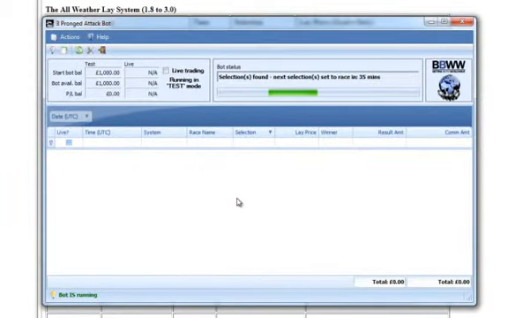So once you've got your bot up and running, this is the interface that you'll see. So the first thing you need to do is click on this little light bulb icon to start the bot. Now as soon as the bot is started, it's in paper trading mode by default, so don't worry about starting it because it won't start spending any of your money or anything like that. It's only if this button is ticked here for live trading that it will actually start using real money in